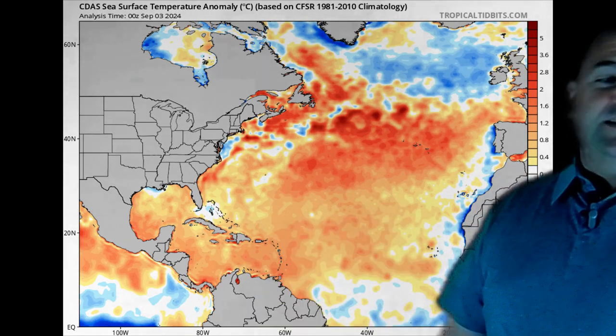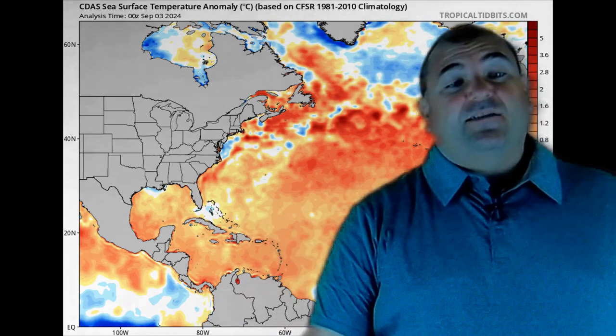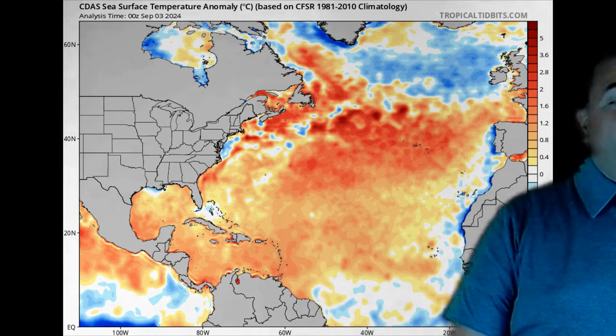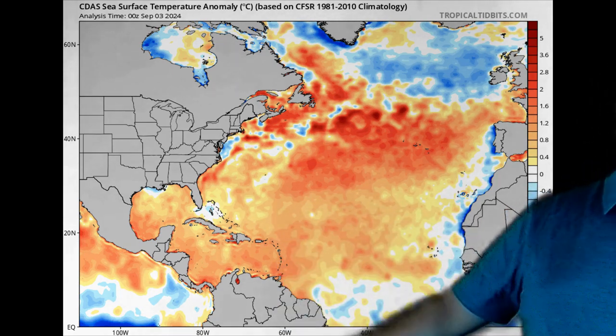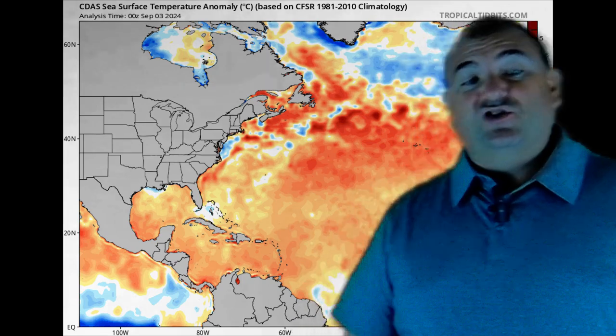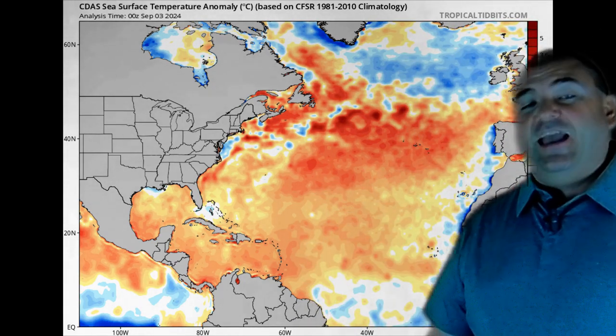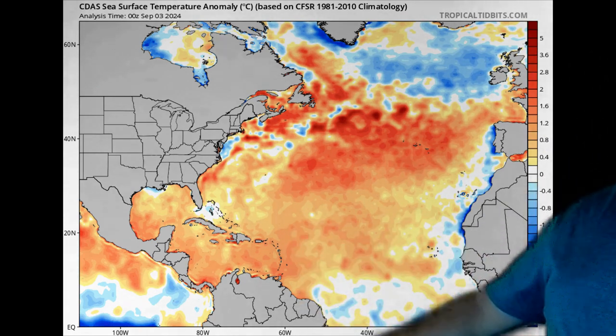This is good because ultimately right now we have a lot of ocean heat in the Atlantic, and so if systems were to get going, if conditions became favorable, it's very likely we would have some significant storms. But we don't right now. Doesn't mean we couldn't. Certainly the wind pattern can change, might change, and if it does,